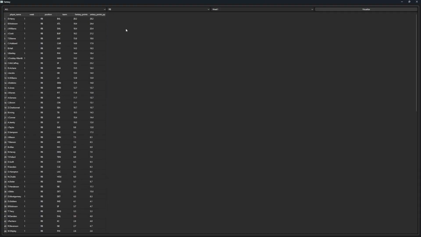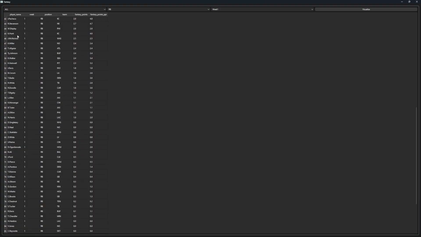So these are the top scoring running backs of week 1. I'm going to just leave this up again if you need information. Maybe some of these people are available. Maybe it matters to you in some way. But these are the top scoring running backs and their respective teams in week 1. This is ranked by the fantasy points rather than the PPR. So you do have people like Henderson who had 5.1, but 11.1 with PPR. So maybe I should rank this by PPR. What do you guys think? Let me know in the comments.